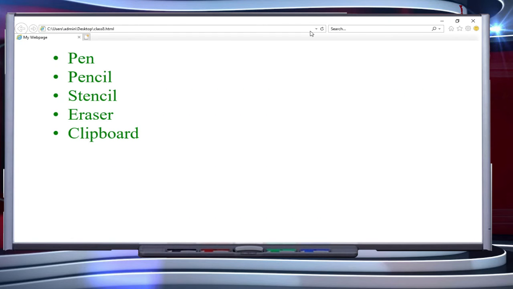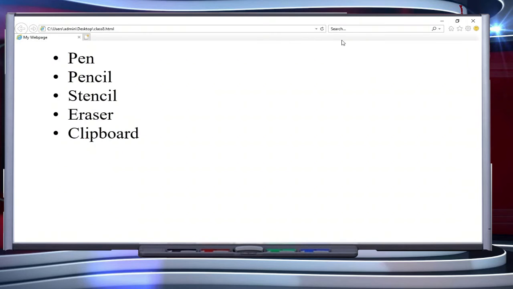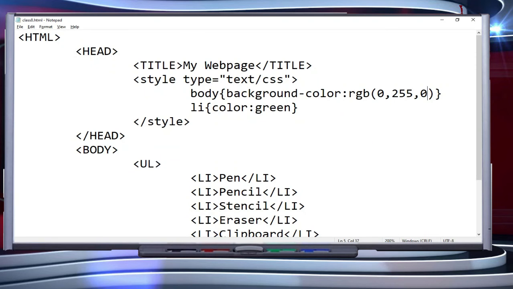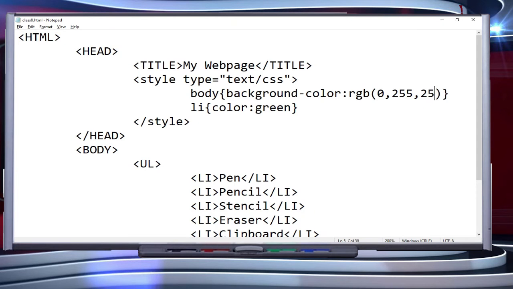Back to our browser. There is one more mistake here, and we can check these are curly braces. Save it, back to browser, and you can check here green color has been added to its background. And if you want to make a mixture of any two colors, I've made a mixture of green and blue, then let's check. It will be cyan, and you can also decrease this.